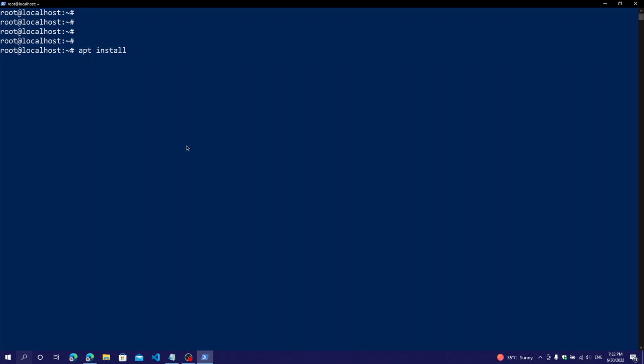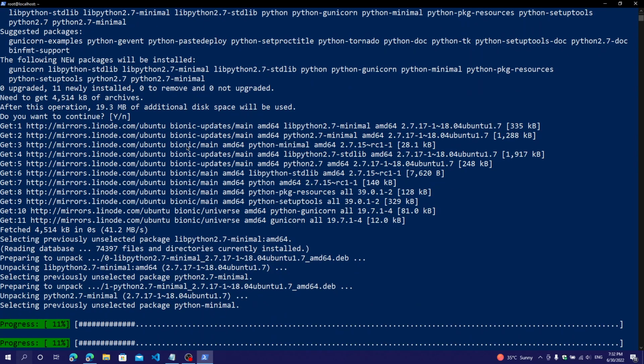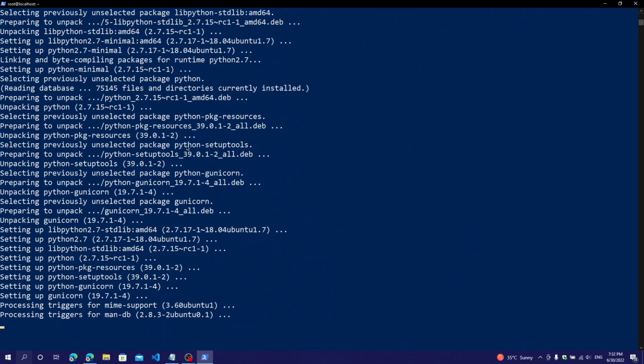After that, we will now install Gunicorn. And what's Gunicorn? It will forward our nginx requests to the Flask application, and nginx will be running all the time. Gunicorn will just forward it to the Flask application. So apt install gunicorn, enter. That will take a few moments, and clear.